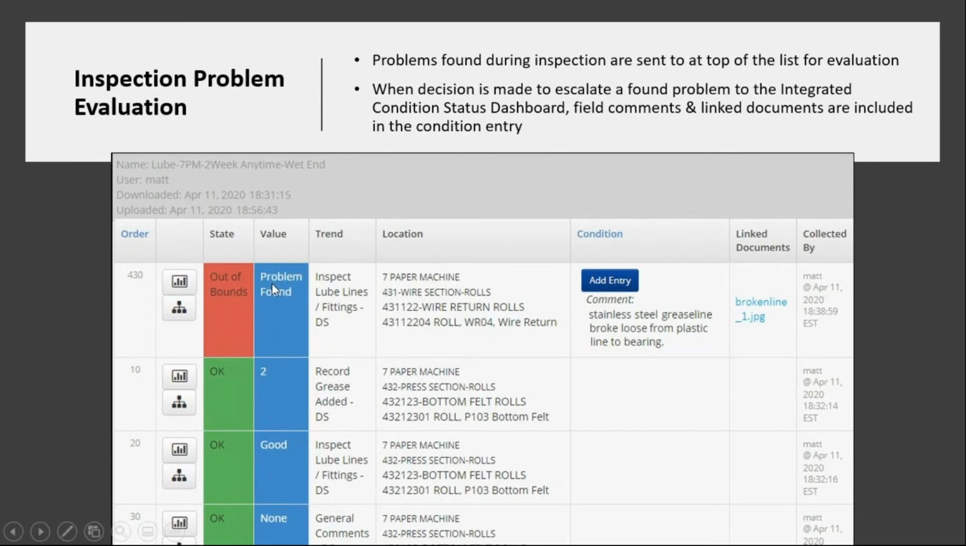And by the way, there was one problem that was found on the lube lines and fittings on the wire return. And it looks like they had a grease line that had broke loose from the plastic line to the bearing. So obviously, whichever bearing that line was servicing wasn't going to be getting any grease. And at this point, the only thing that needed to be done, or the process works so that now